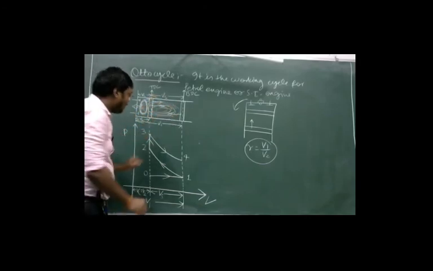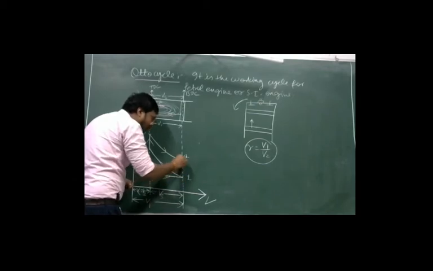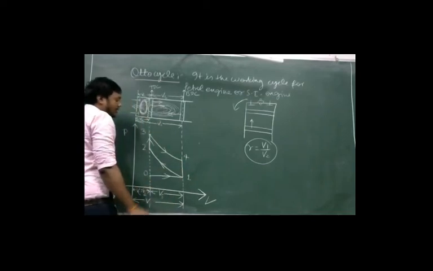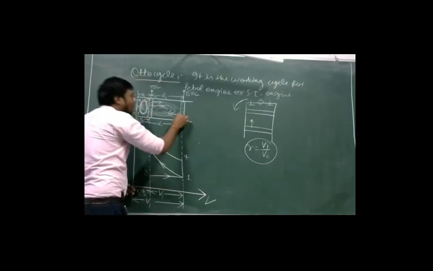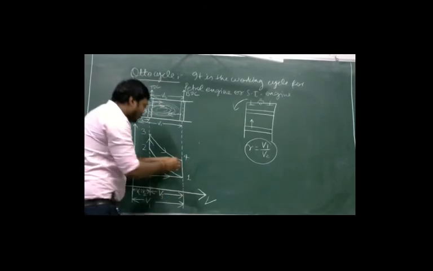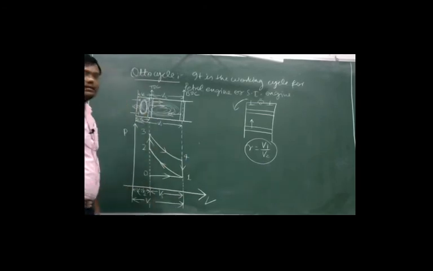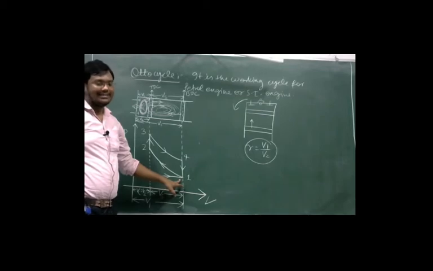Okay, so heat rejection will take place from 4 to 1, but we have to remain on this line only. So from 4 to 1 the volume is constant. Again, this is the vertical line on the volume axis. The piston is not moving from this position, so the volume will remain constant. So this process from 4 to 1 is known as the constant volume heat rejection process.